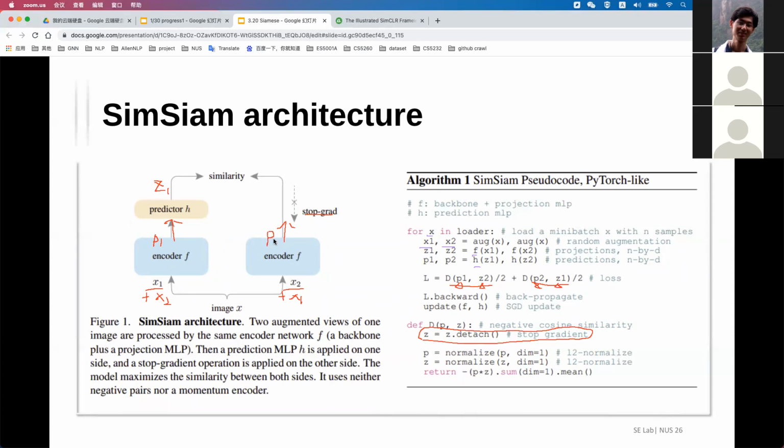Detach. If it detaches from Z, the D is actually, so applying stop gradients is just updating the encoders. And because both branches share the same encoders, somehow, let me think about it during the presentation, and it applies.